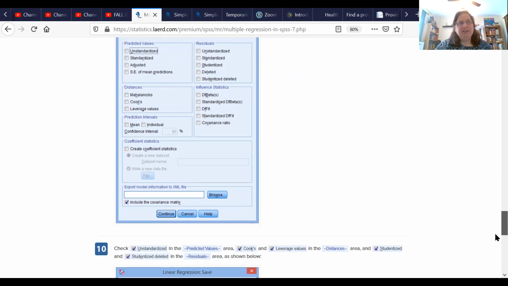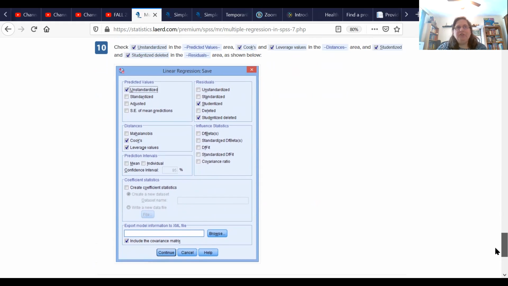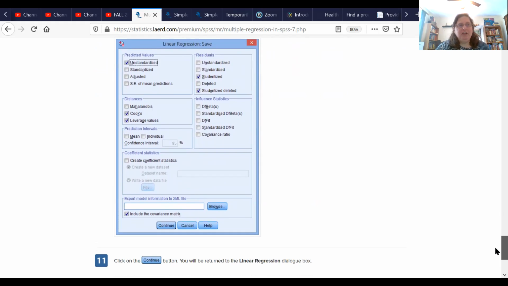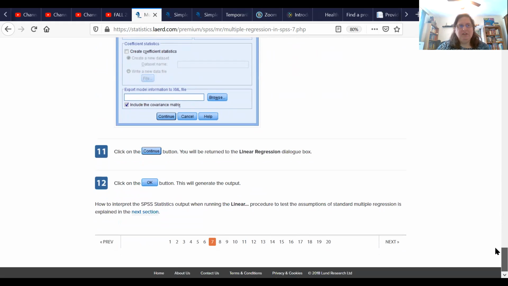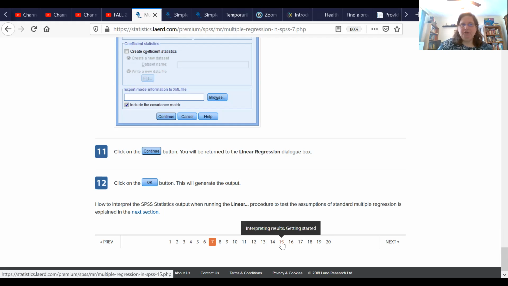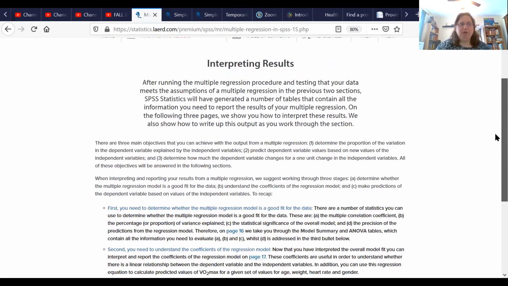Okay. I can tell you that the cooks, the leverage, the studentized, deleted, we're not going to use any of that stuff. Click the continue button and click OK. I am having you just run everything just to give you a little bit of experience in checking off all the things. But like I promised, we are now going to skip ahead to page 15, where we interpret our